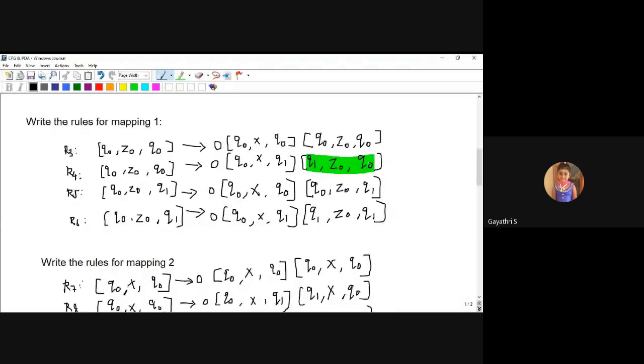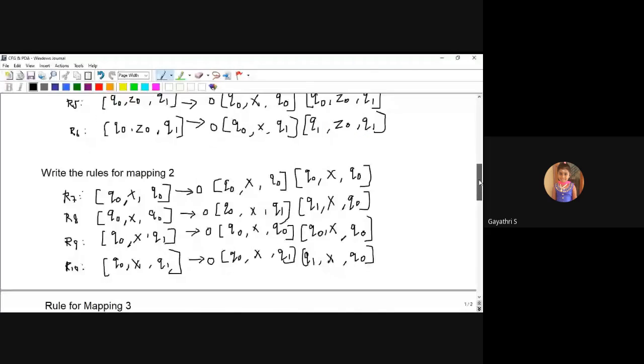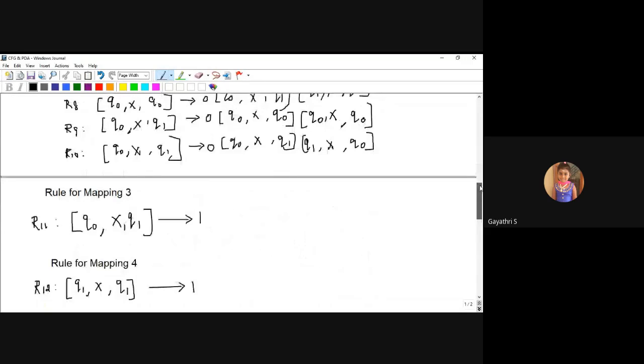Okay, possibilities of production in the left hand side. This is one of the productions in the right hand side: Q1 to Q0. I will check, is there any production in the left hand side for Q1 to Q0? See here, Q0, Q1, Q1, Q1.